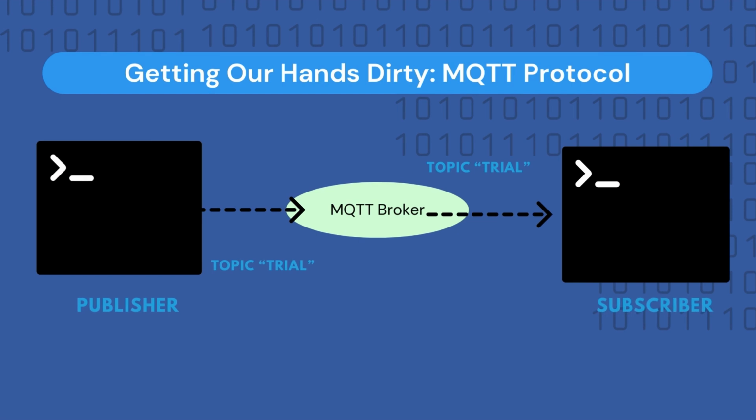In order to implement this simple exercise, we will first need to install Mosquitto onto our Raspberry Pi. After installing Mosquitto, we will first activate the MQTT broker, and then we will create a subscriber and publisher that both subscribe and publish to a topic known as trial. In the publisher